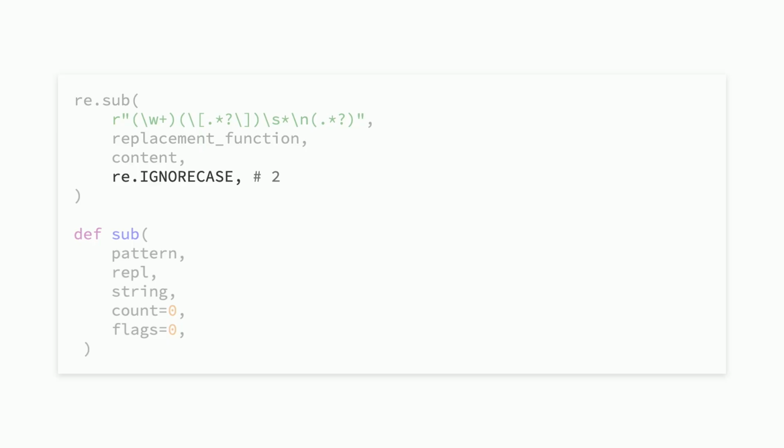And so what happens is that the maximum number of substitutions now becomes 2. And so you might be someone like me who's like, why on earth aren't any substitutions working? What's wrong with my code? What's wrong with my replacement function? Like, where on earth is this problem? And then you finally figure it out.